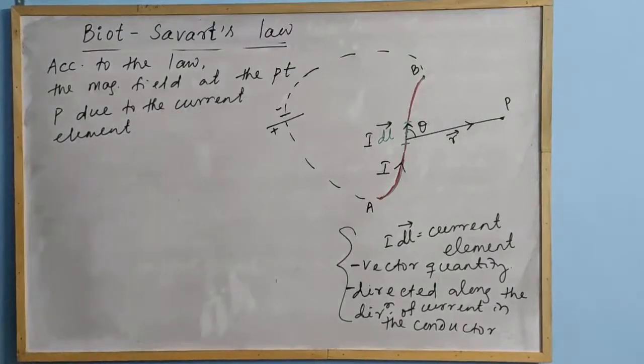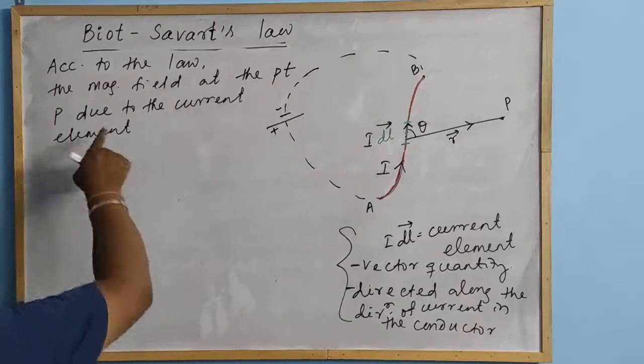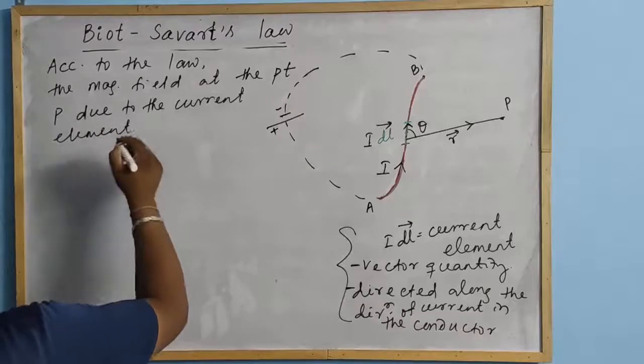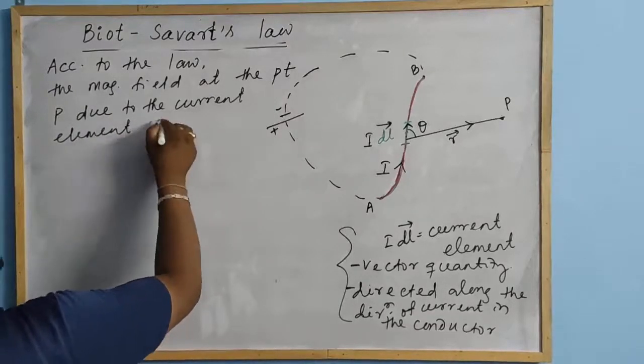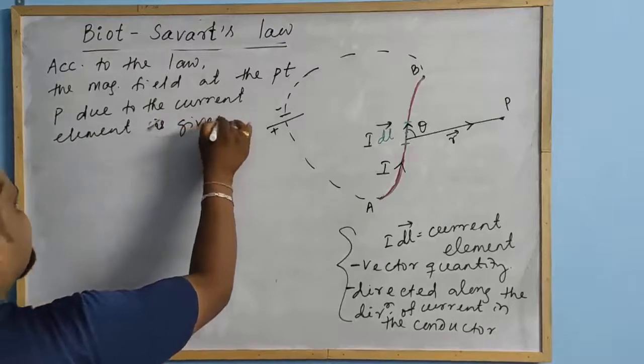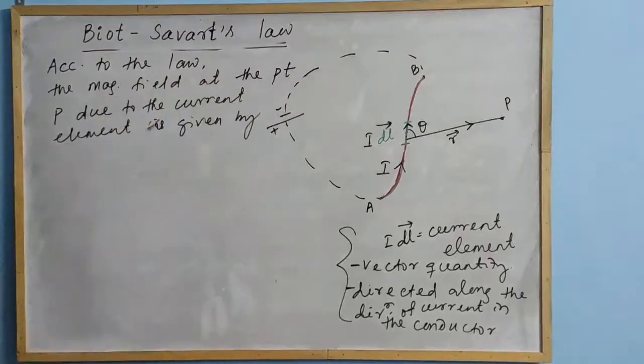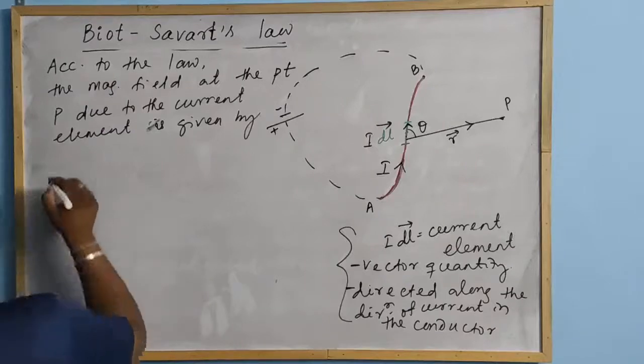According to the law, the magnetic field at the point P, due to the current element, is given by number 1,